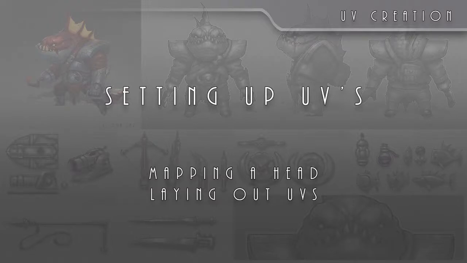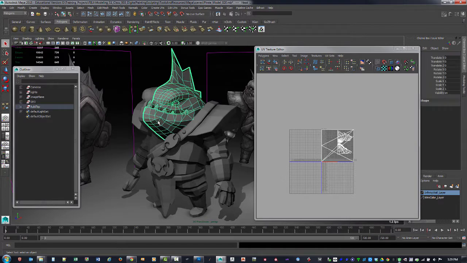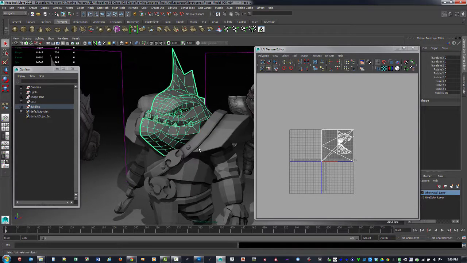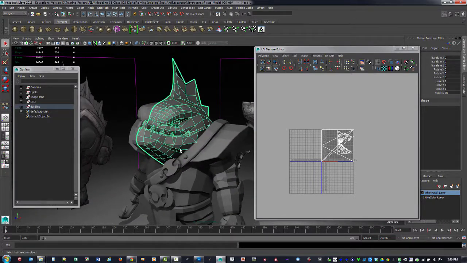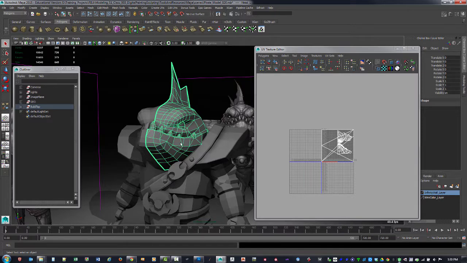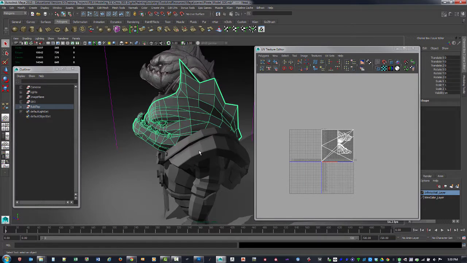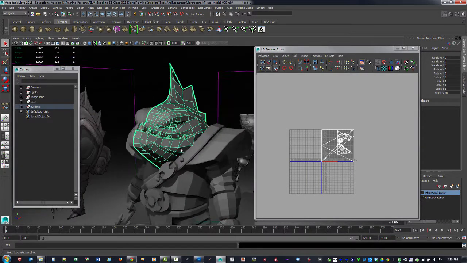We're going to continue on looking at UVs, and we're going to continue looking at the cylindrical mapping tool. We'll take a look at the head as well. That's a pretty tough area to get mapped up correctly. And a lot of times when I'm doing portrait work, I will use the cylindrical mapping as a starting point. This head shape is a bit more odd than a normal human head, but we'll try it out and see